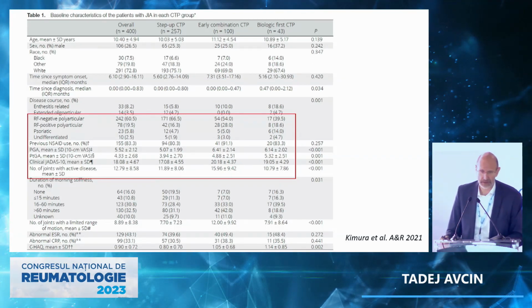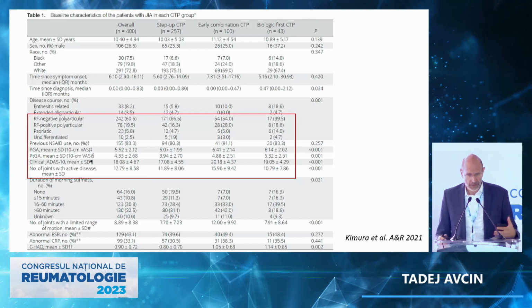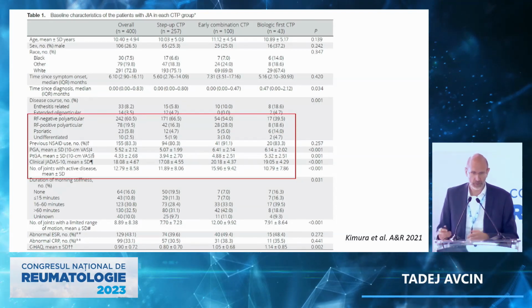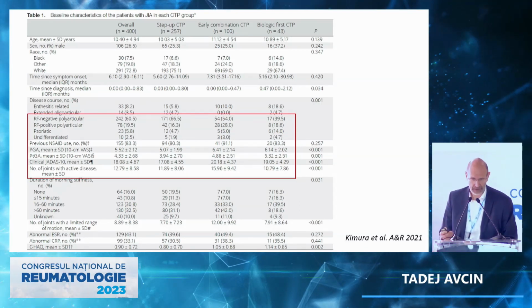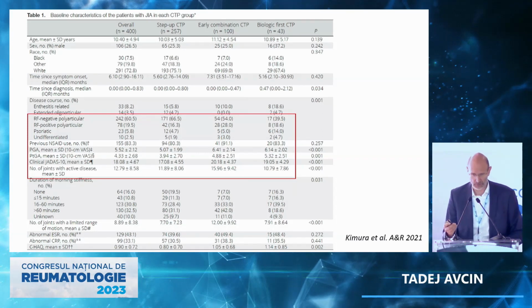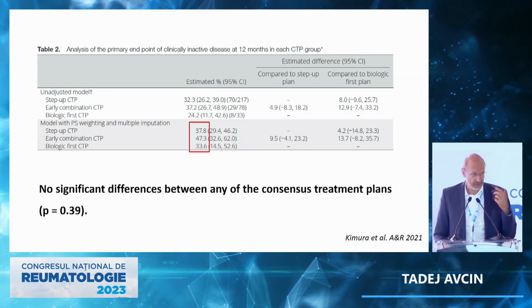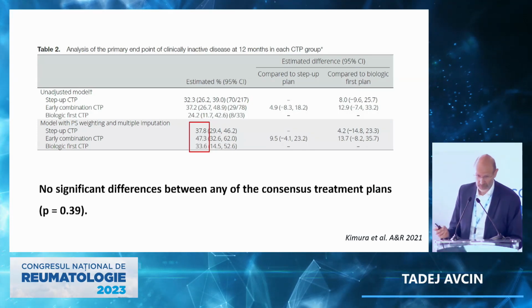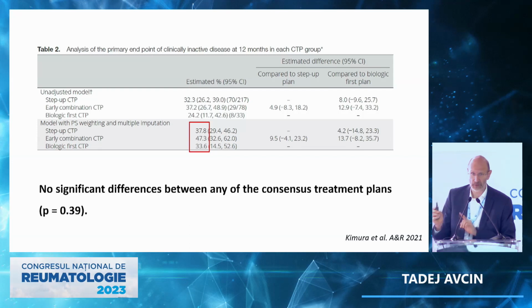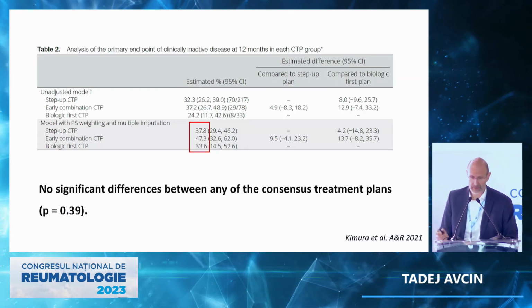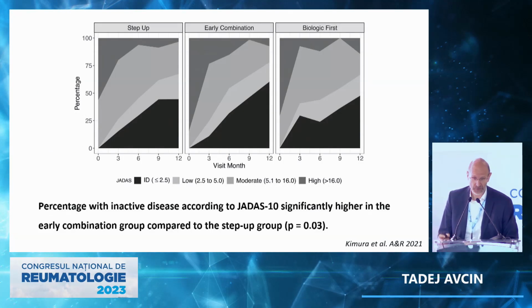So the biologics and DMARD group had more active disease according to physician global and parent global. They had higher clinical JIA scores, and the number of joints was also higher. What was interesting in this cohort of patients is that there were no significant differences between these 3 consensus treatment plans,